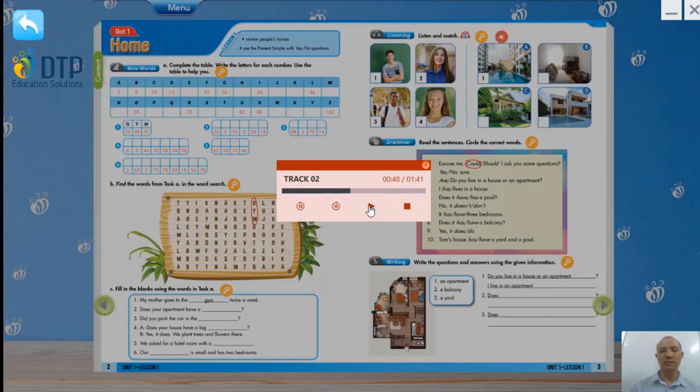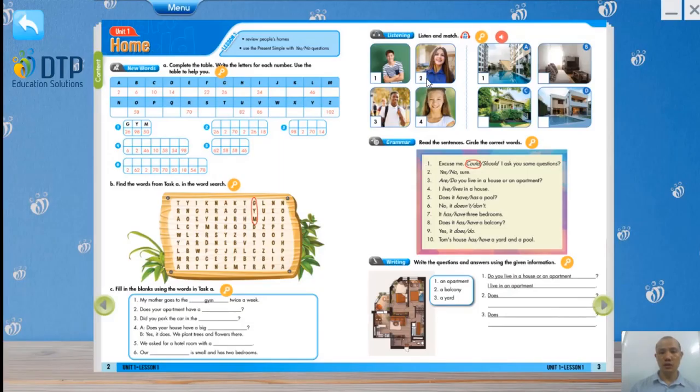The last one. Name's Rose. I live in a small apartment in the city. It has 1 bedroom. It's small, but I still love it. Okay, which one is small? What do you hear? A small bedroom. So which picture has a small bedroom? Picture B. So the correct answer for number 2 is C. 3, go with D. And 4, go with B.